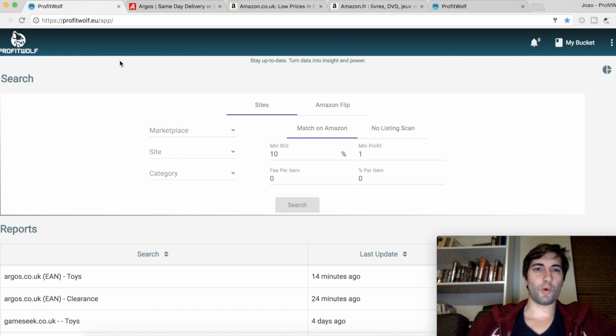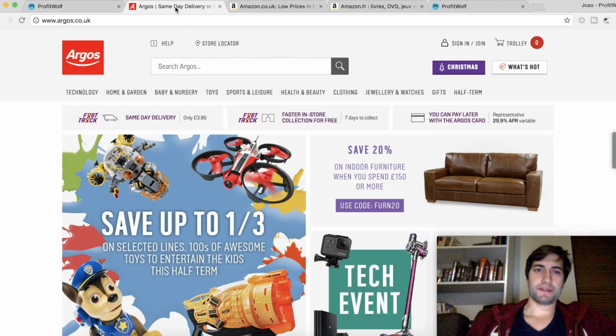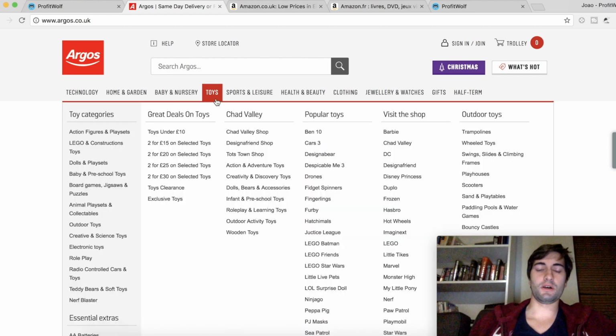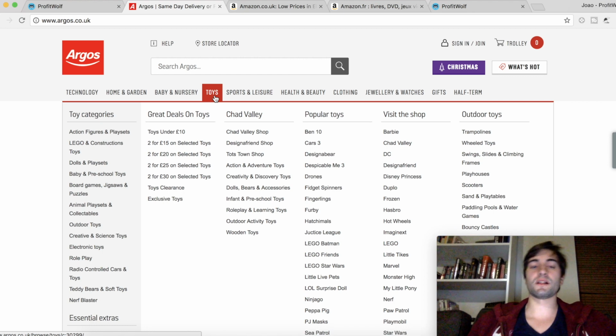For those who don't know what an online arbitrage software is, what it basically does is it goes to a website, and instead of you going manually and looking for every product on this website and comparing it with Amazon, it does it automatically across thousands of products. So I'll give you an example of what you would do if you were to search for items to sell